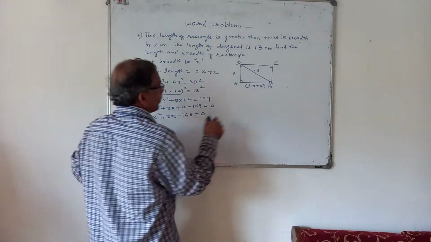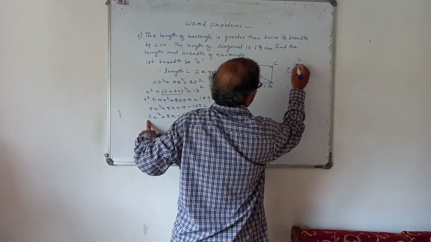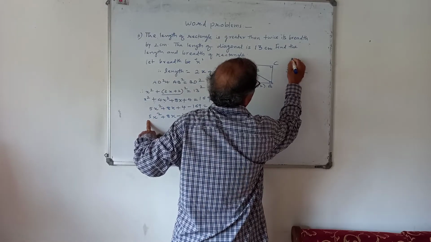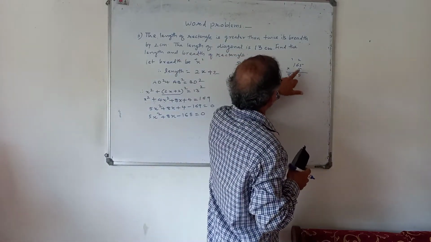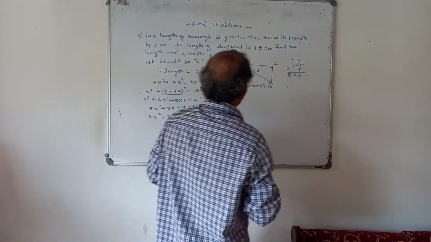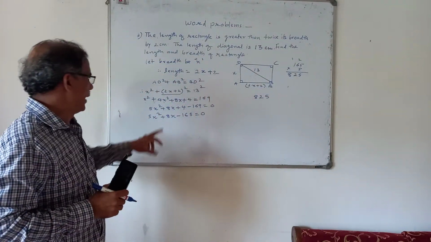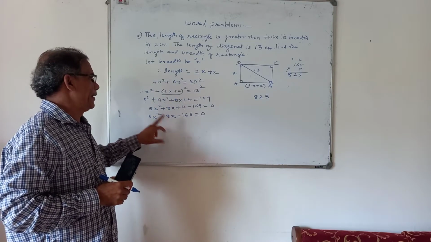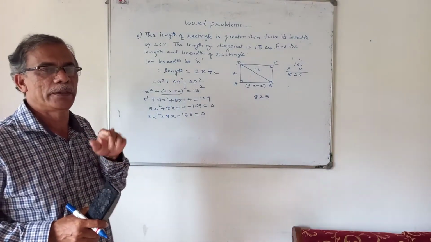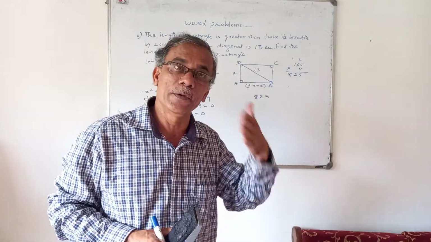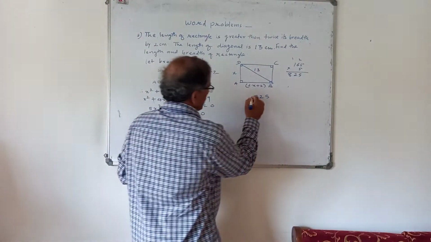Now 5 into 165. So 5 5s are 25, 5 6s are 30 and 2 is 32, 3 remains, 5 and 5, 6, 7, 8. Isn't it? 25, so we must have 25 as the multiplication and addition plus 8. See, addition is positive, multiplication is negative, that means in the pair, one number will be positive, one will be negative. So we have to find two numbers like that. The difference between them is 8. So let us write the prime factors first.